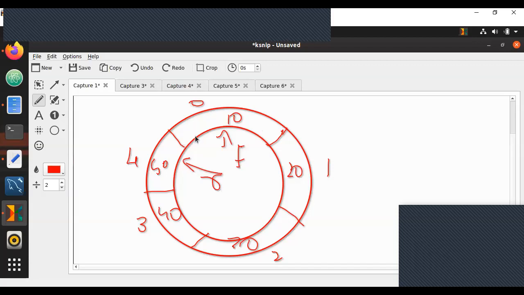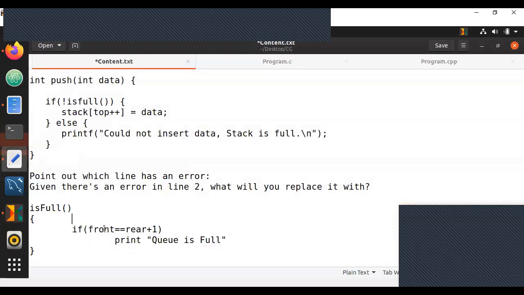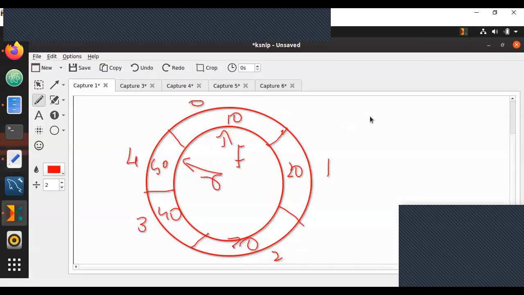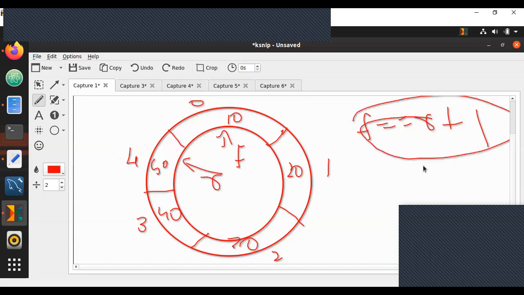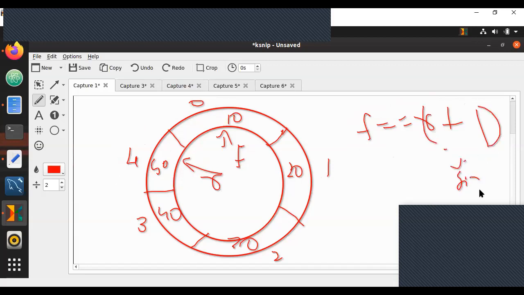No. Guys, observe. If for full, I'm always checking if front is equal to rear plus 1, front should be equal to rear plus 1 to make it full. Here, front is 0. Is 0 equal to 4 plus 1? Mathematically speaking, because your program does not understand any circular queue. That is something we have to understand. So mathematically speaking, this won't work. So you have to do something like if front is equal to rear plus 1 mod size,